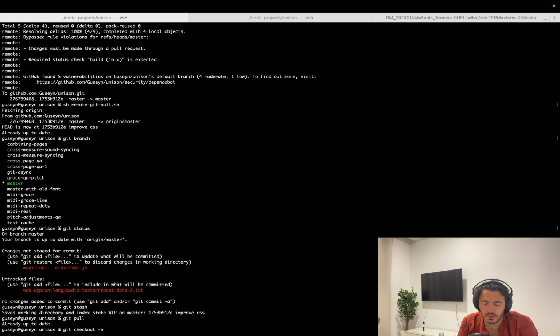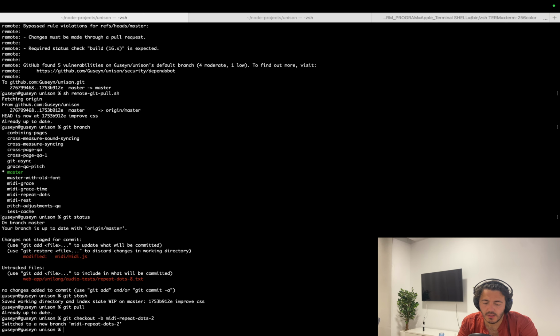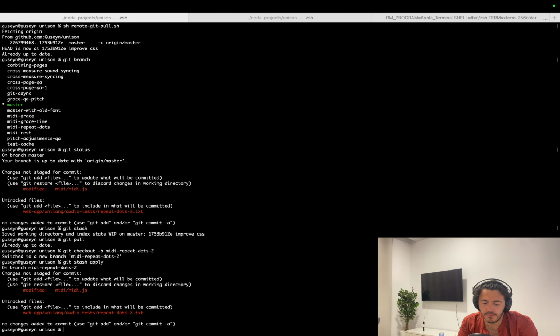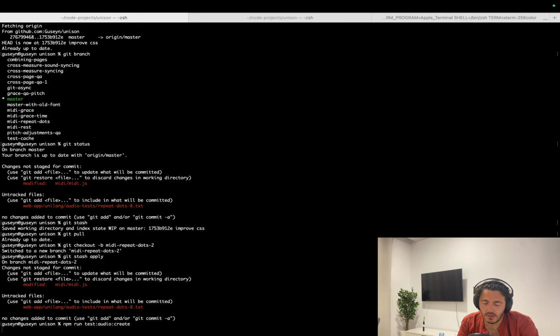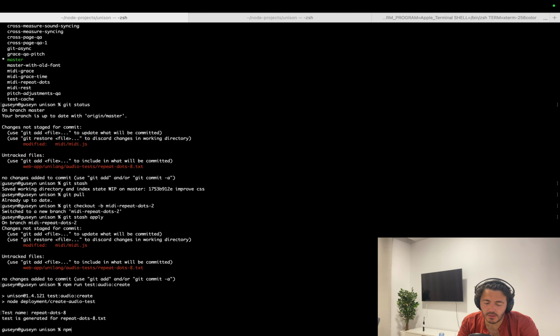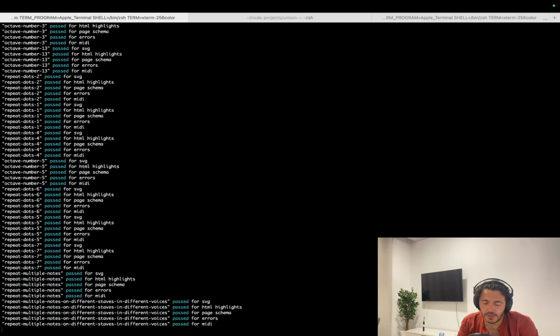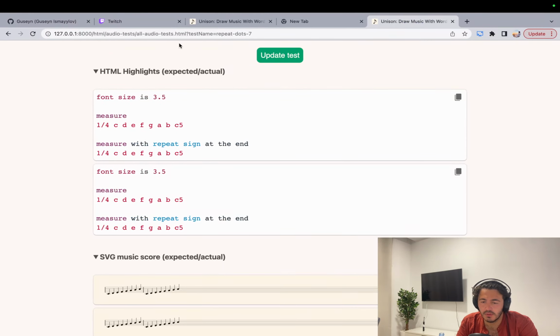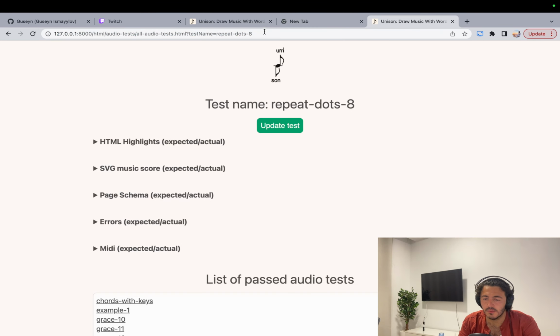And let me just go to Midi repeat.2, git apply, and let me create the test, which is called repeat.8. npm run test audio. Not quite sure why I run all the tests, but anyways. So I'm going here,